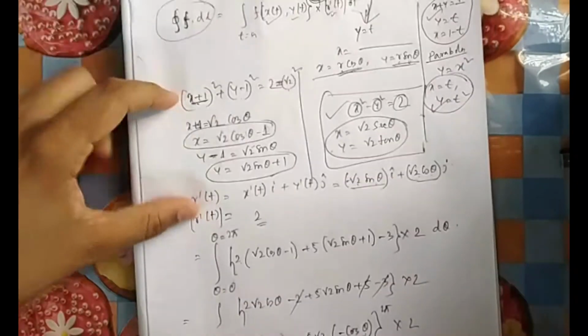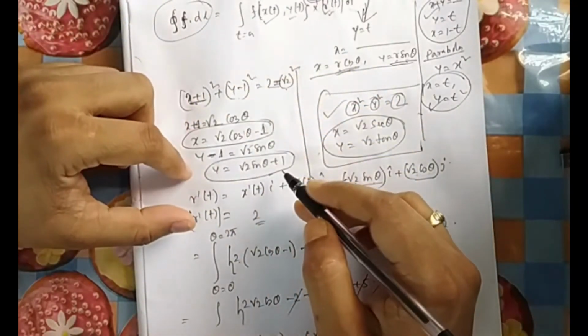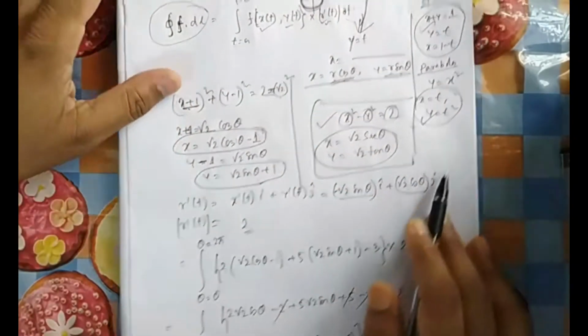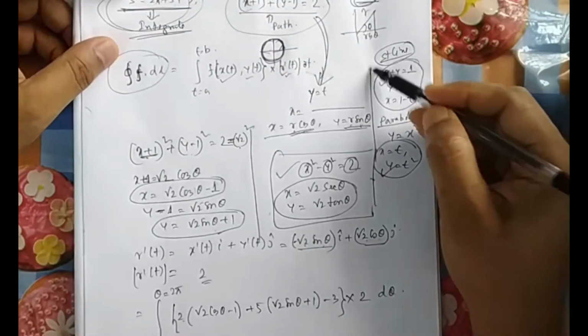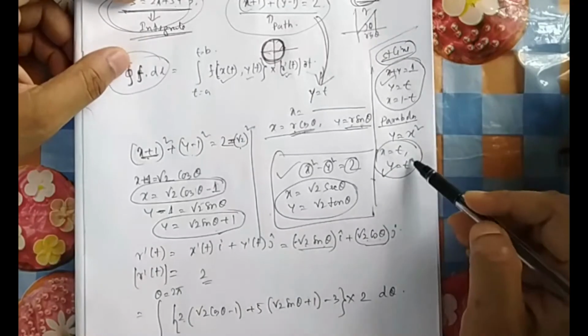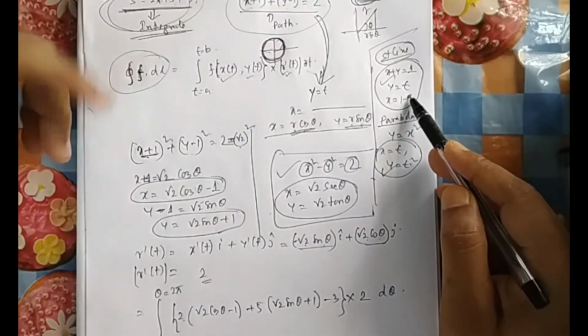Just you have to think which path you are integrating. That path you have to parameterize. You have to write it in parametric form. And how to write the parametric form? I have given some hint: for a straight line you do it this way, parabola you do it this way. Straight line and parabola, nothing is there. You take one t, another one will automatically be an expression of t.